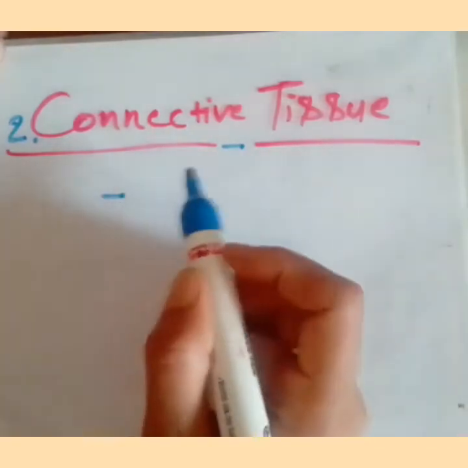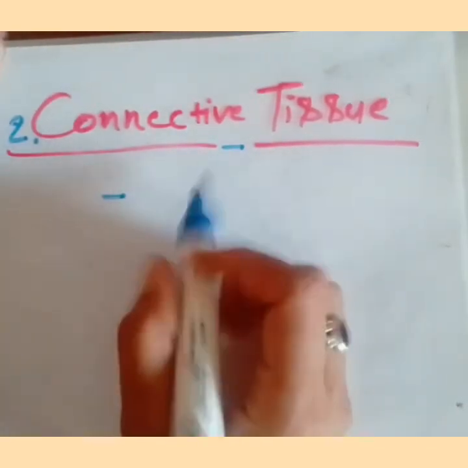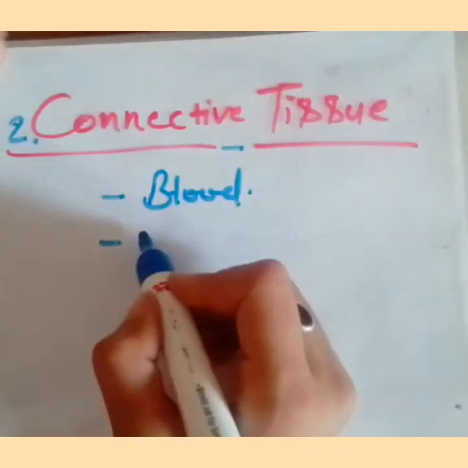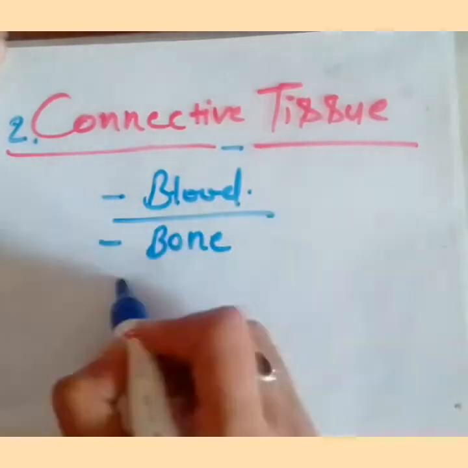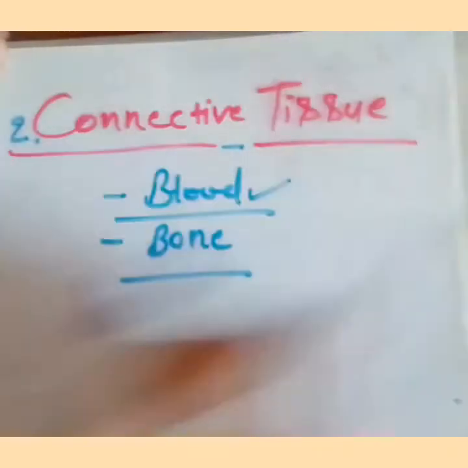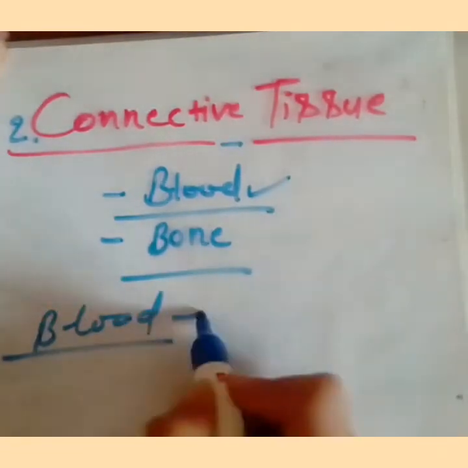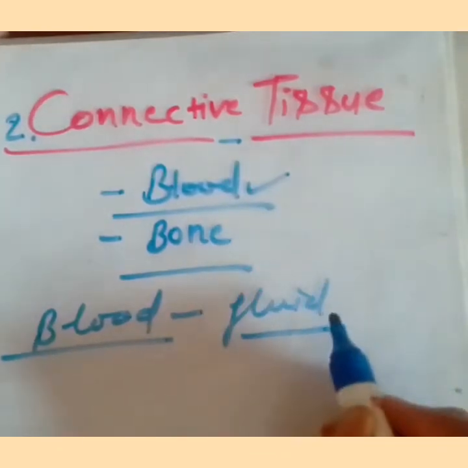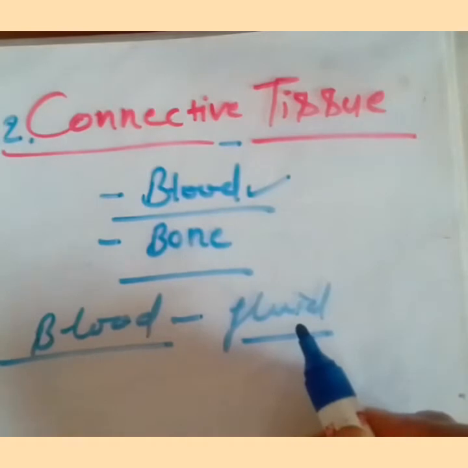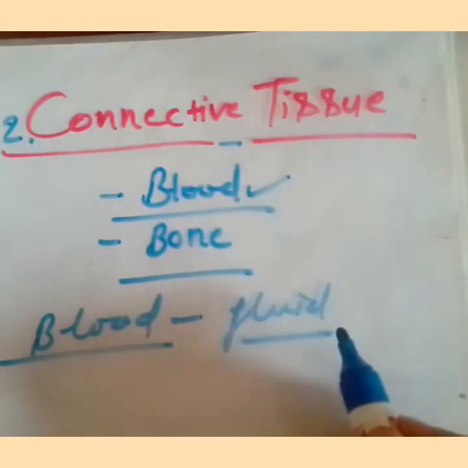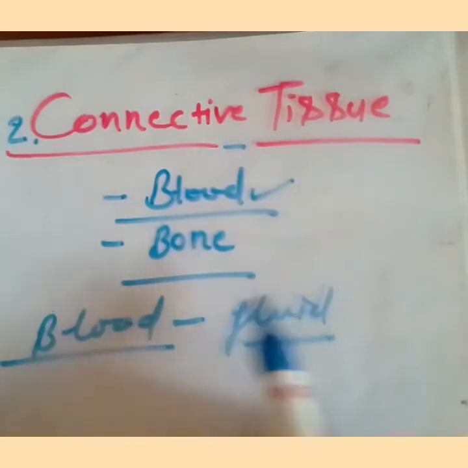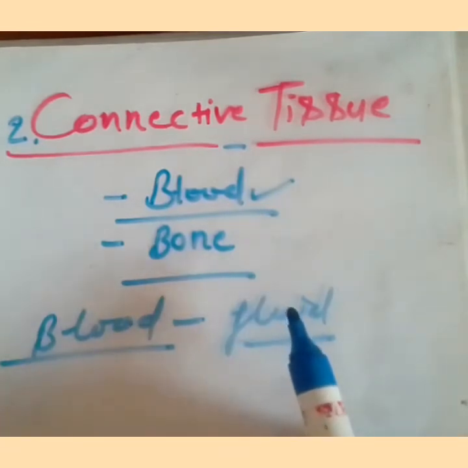Now, it is of mainly two different types here. First is blood and second is bone. Okay, first we will take blood. Blood, we can say it is a fluid connective tissue, right? And the function of blood, you know, that it is responsible for the transport of materials between various regions of the body from one place to another place, and in all the cells of the body transportation is with the help of this fluid connective tissue, that is blood, right?